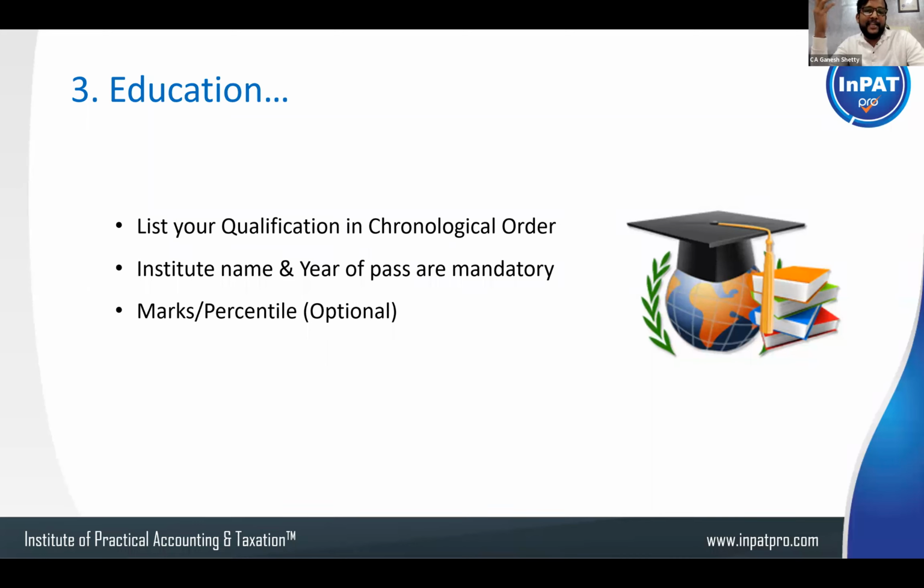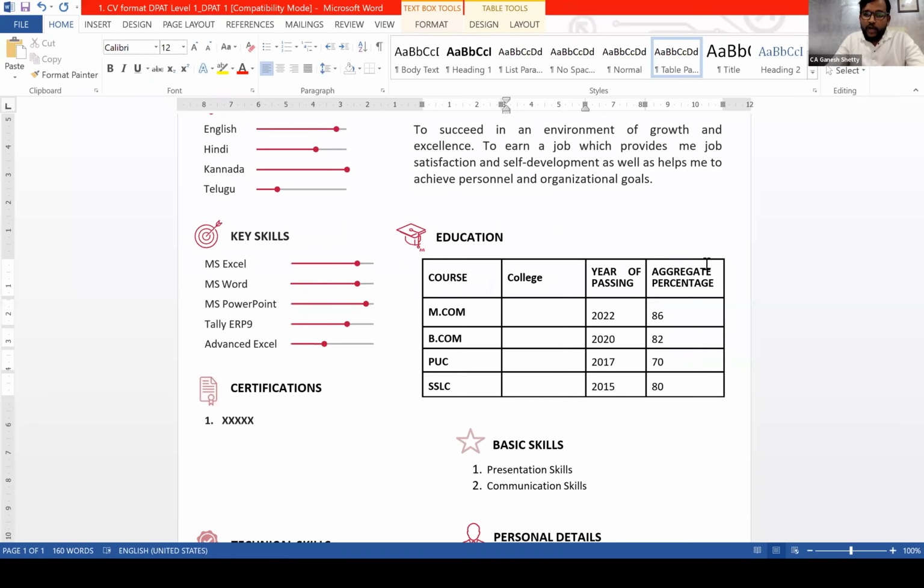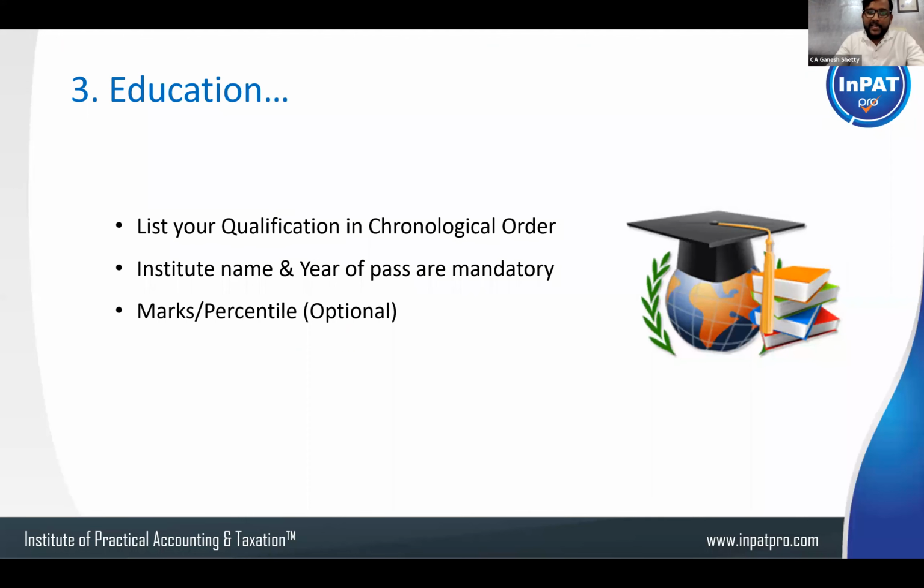If you are getting 70, 80, 90, then of course you have to write it. That's one of the added advantages for you. So you have to write it down. If you feel that your percentage is low, somewhere around 60 or 50, or sometimes I have seen just pass also, why would you create a negative impact? So don't even write it. I'm very, very straightforward here. If your percentage is just pass, don't even add it. Just hide it. No need to add this column itself. You have to remove the entire column. That's about it. Very clear here.